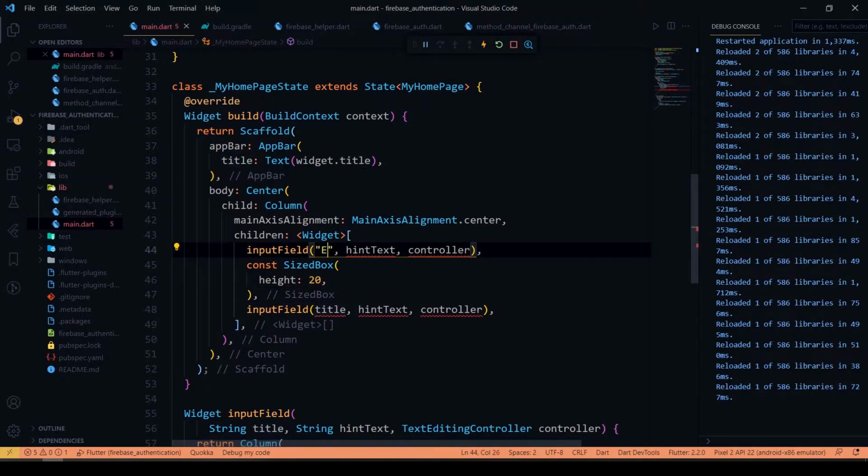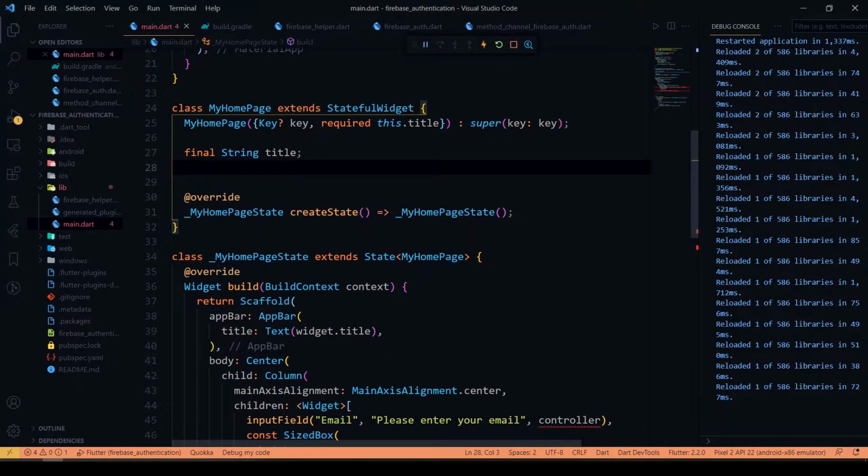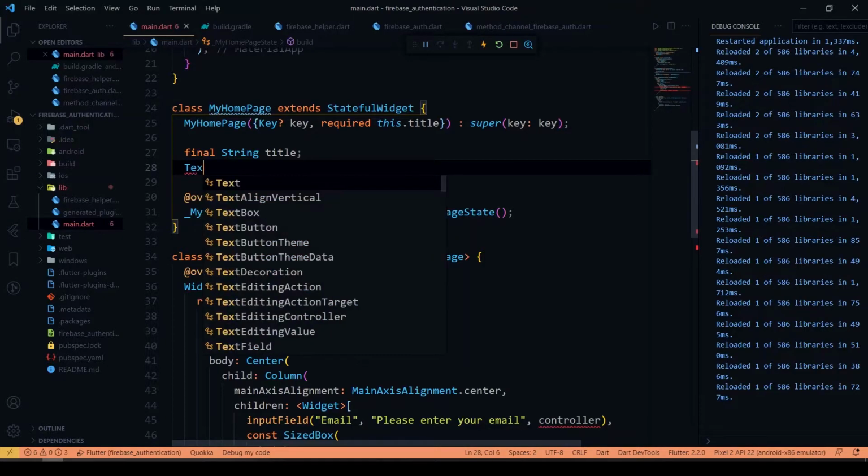Here we'll be giving an email. Please enter your email. So first we'll create a text editing controller here for both email and password.